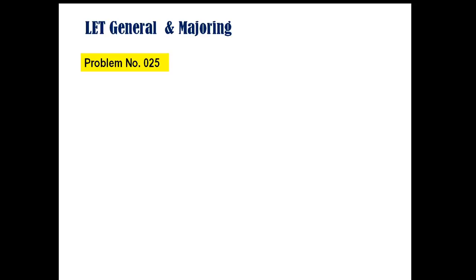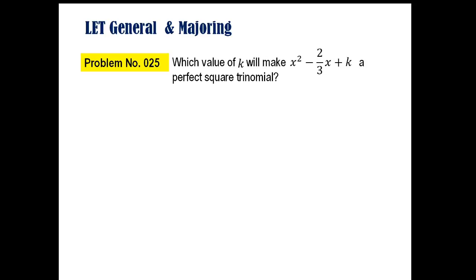Problem number 025. Which value of k will make x squared minus 2/3 x plus k a perfect square trinomial? For the choices: A, 4 over 9, B, 1 over 9, C, 3 over 2, D, 9 over 25. For the solution,